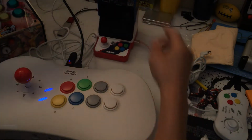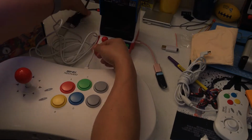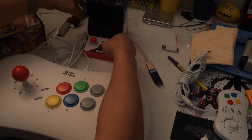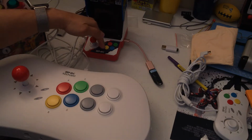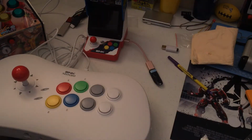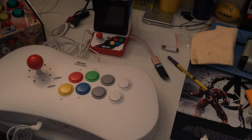We're going to turn it off first, and turn this off too, turn the power off, and unplug this. So now we're just on Neo Geo Mini. Somebody's asking, can I play two player? You could, if you play the player one here and the player two over here. The question now is, if I plug all this in, if I plug the player one over here and play player two here,